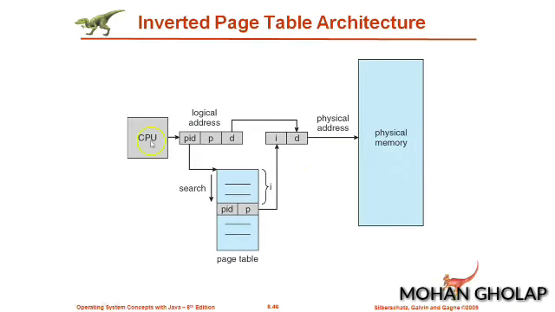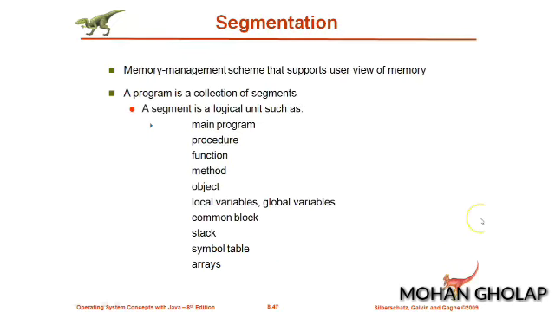As we saw, instead of having only the page number and frame, here the real page information will be stored. For every process you have the PID of that process, and this can be used along with the page number to search the corresponding entry in the page table. Whenever it finds an entry, its index, that is i, is noted, and by using that i and the offset you can arrive at the physical address. In this way the inverted page table can be used.